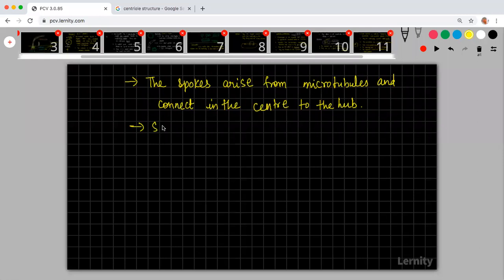Spokes are proteinaceous strands. Spokes are connected to